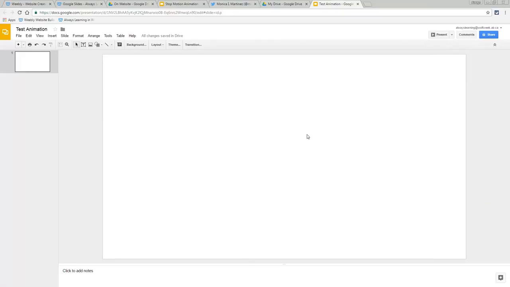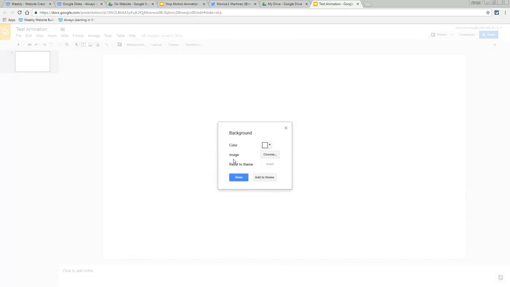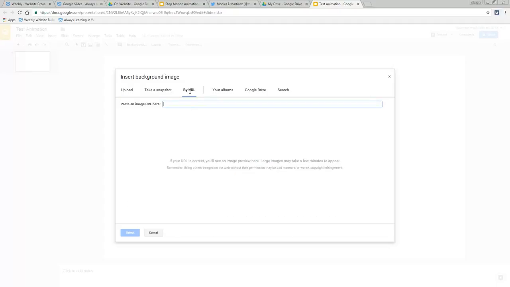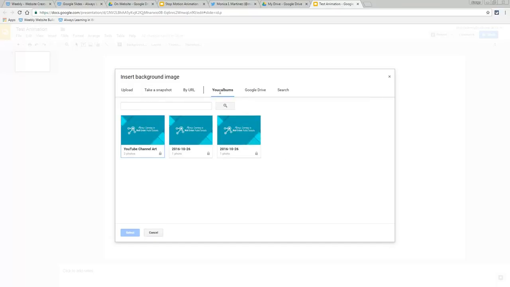To create the setting for your animation, you can either insert an image or just change the background. So if you click on background, go to image and choose. These are your standard ways to upload an image into Google Documents or Google Slides. So if you have an image on your desktop, you can upload it. You can take a picture with your webcam. If you have the address or URL of an image, you can insert it here. If you have any images stored in your Google Drive,